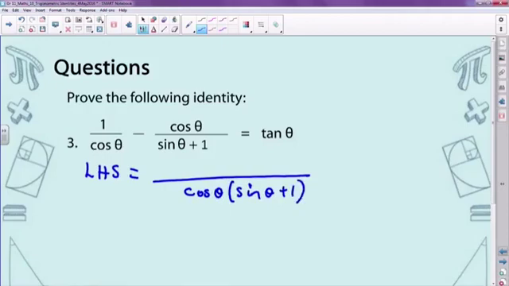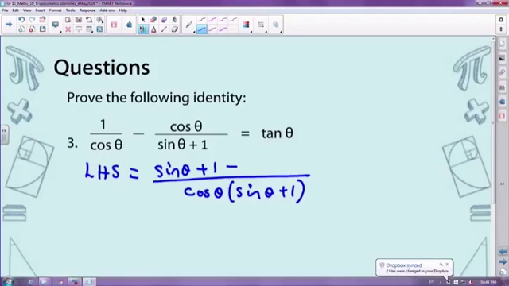Now, what do we do? This is our LCD, divide by the denominator there. Cos theta divides the cos theta, and then you're left with the sine theta plus 1, multiplied by that 1, you get sine theta plus 1. And then that minus the sine theta plus 1 into cos theta, bracket sine theta plus 1, that is cos theta. This sine theta plus 1 divides the sine theta plus 1, okay? Then we are only left with a cos theta, which multiplies to that cos theta, which gives us cos squared theta